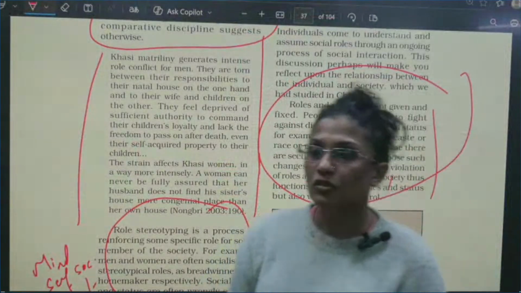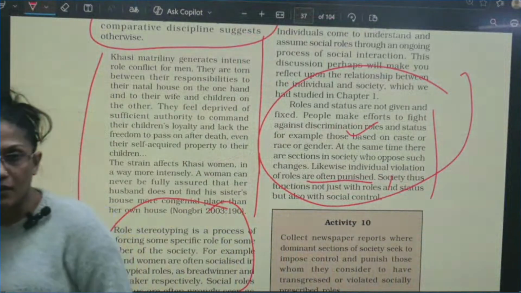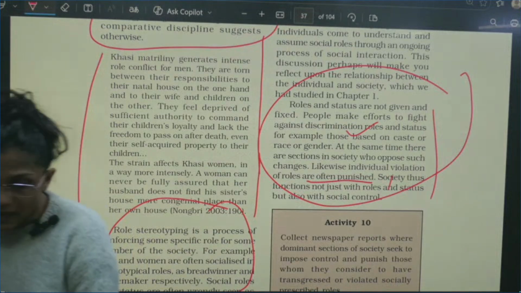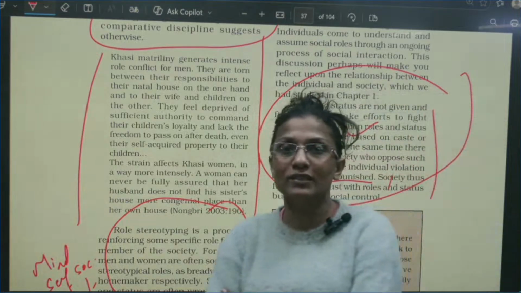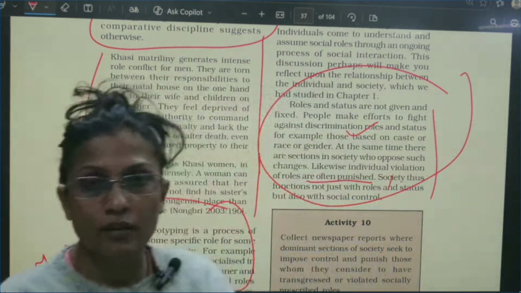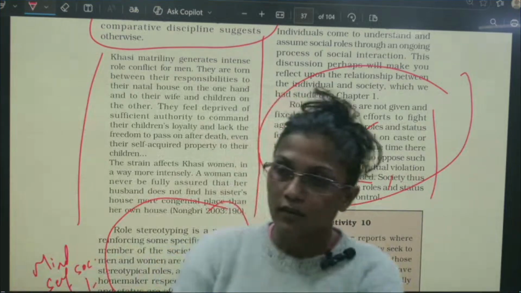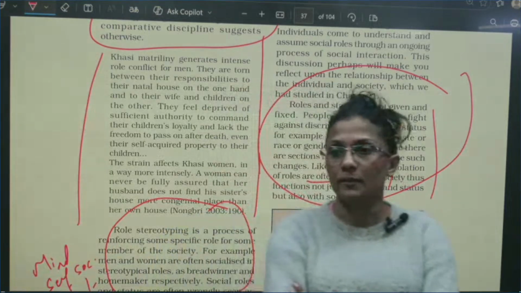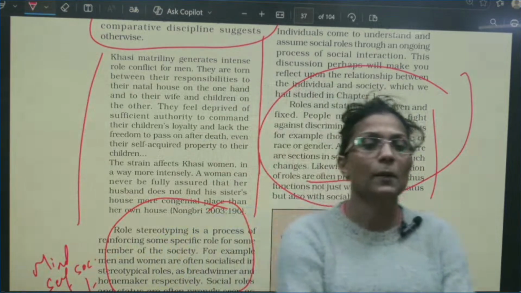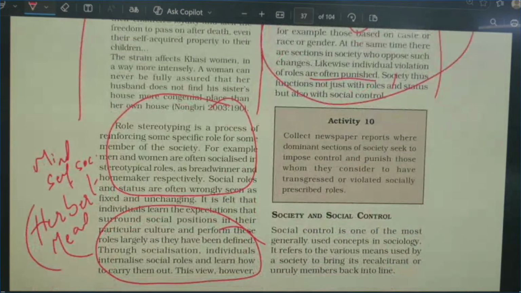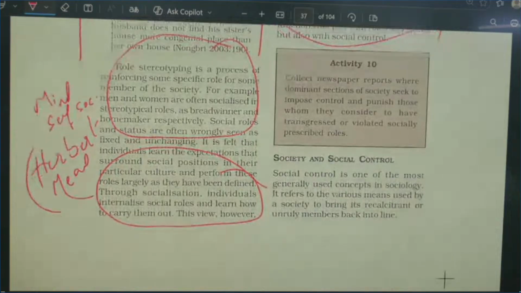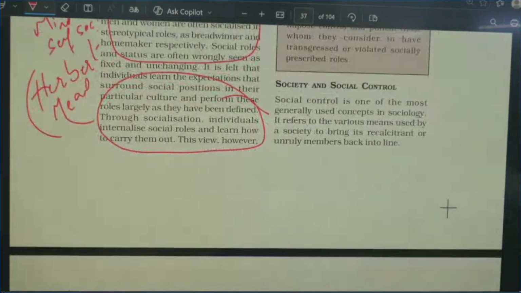Marriage is a way to control desires on reproduction. Marriage is also giving control, power, positions with respect to children, right? So as polity and economy. So until you have social control, you cannot bring social order in society. Okay, so one of the major roles of social institutions is also to have social control.